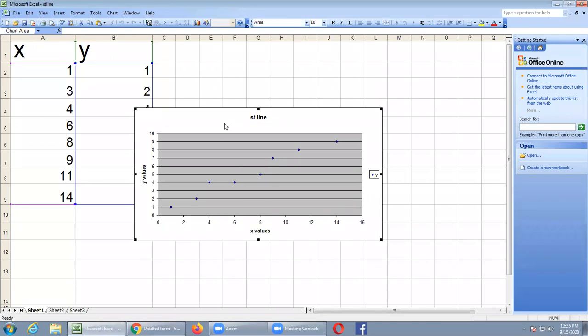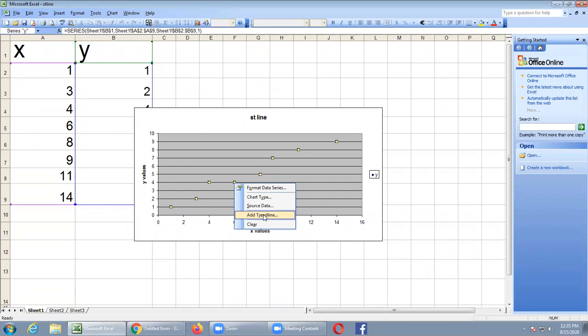Okay. So now you are getting the chart. Place the cursor on any one of the points and then right click. Next step, write down. Place the cursor on any one of the points and then right click.